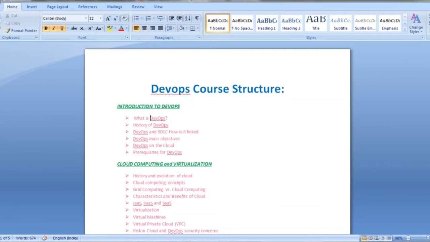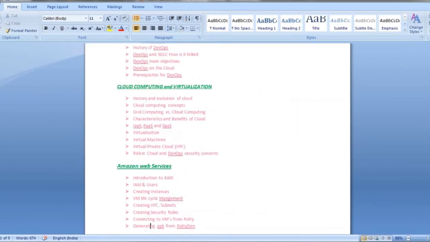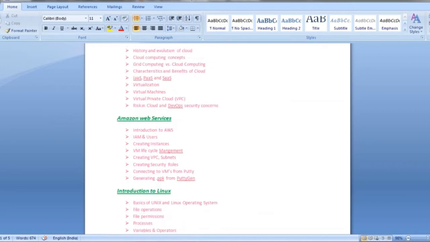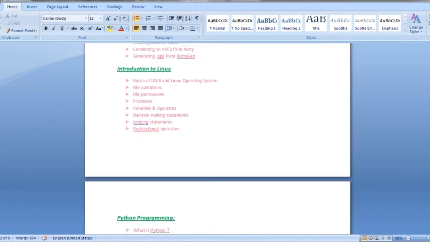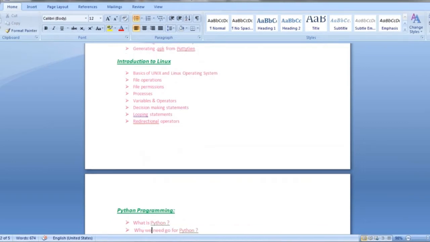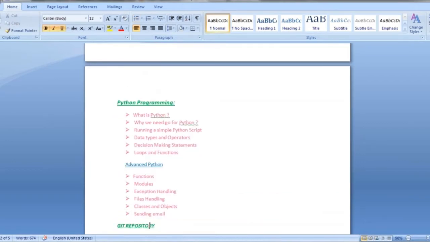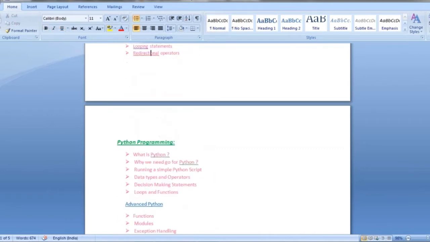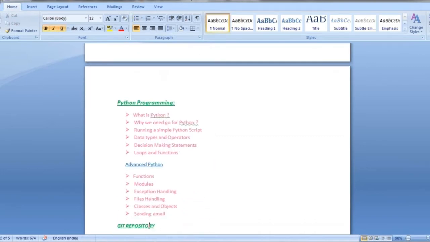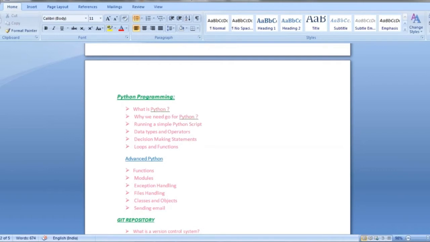Cloud computing and virtualization will be touched, and Amazon Web Services basics would be taught. And introduction to Linux and shell scripting would be done. After that, Python programming and advanced Python programming. These are the topics that will be covered under Python programming and advanced Python programming. If you have any doubts,